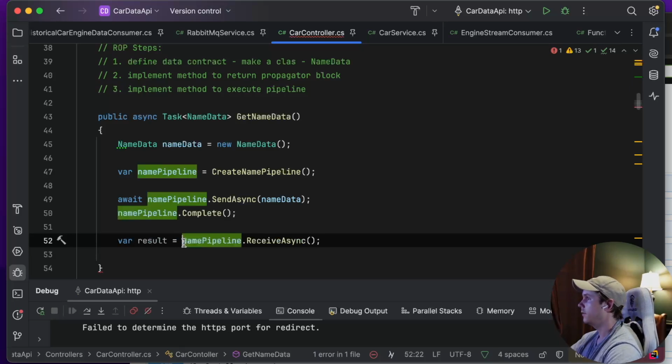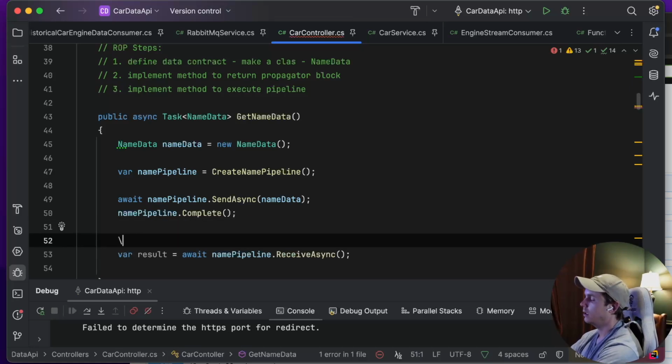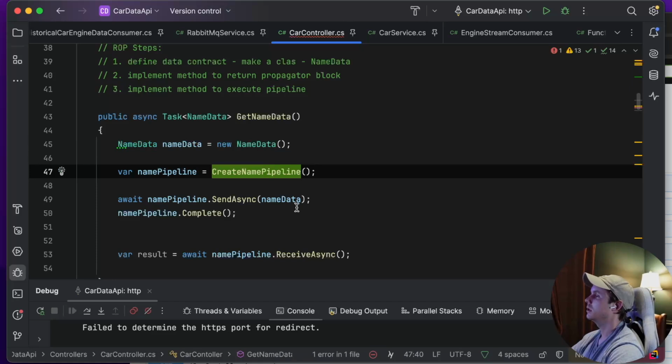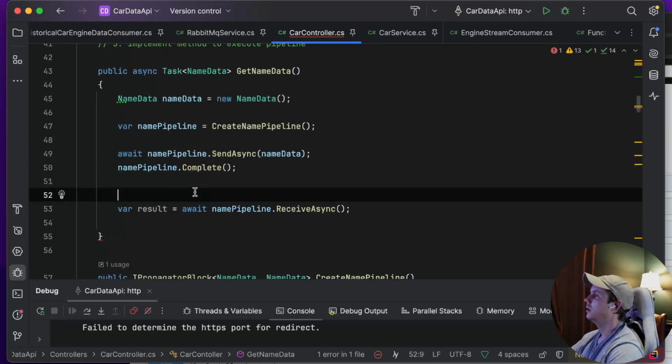So we have to again await this. This is going to be that name data type, because that's the output of the propagator block. And you may be thinking, okay, this looks pretty good, because we have defined our data, built our pipeline, sent the data through, flagged it as complete. Now we've received it. But the one callout I want to make here is that